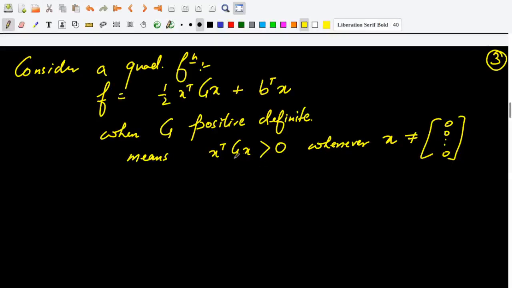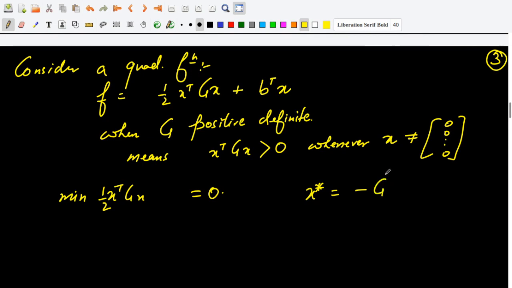Of course, when x is 0, then x transpose Gx is 0. So if I was only minimizing the first term, x transpose Gx, then clearly by definition this minimum has to be 0 when x is 0, because for all other x's I have some positive number. When we also have a linear term in addition to this quadratic, then we can just apply the first order test and get the optimal point, which is x star equal to minus